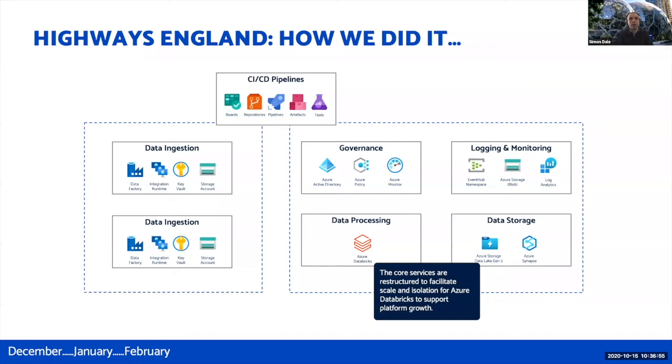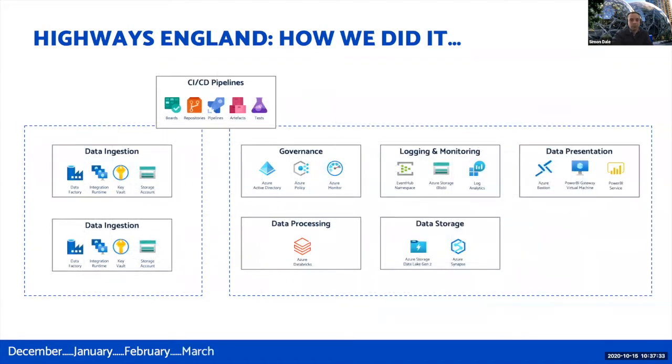So if we just move through, we also did this refactoring around the core services. We realized that the data processing should be separate from the data storage. This might also need to scale over time as the number of pipelines that connect to different data sources, they may have different security ratings. So having the processing able to connect to the different accounts and different zones in the data lake independently was a key design decision around that. But there's more about the data lake later. And then, as we said, configuration-driven pipelines.